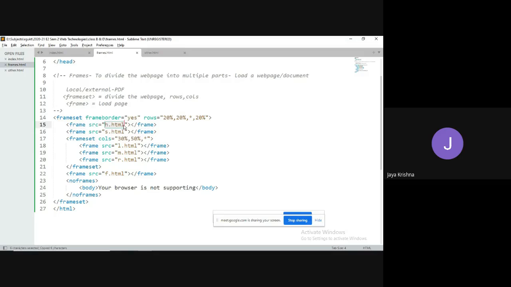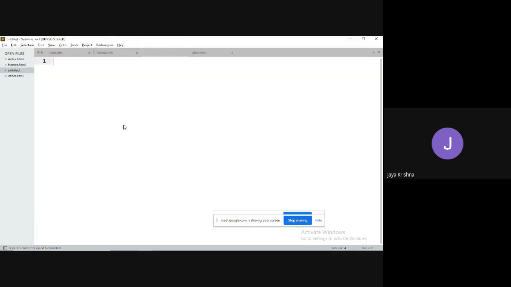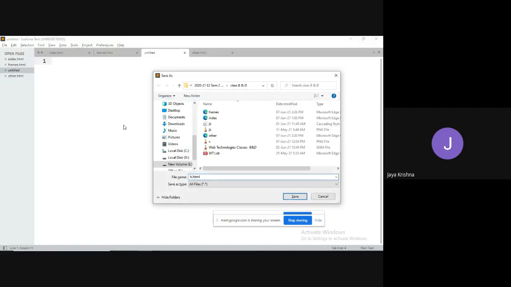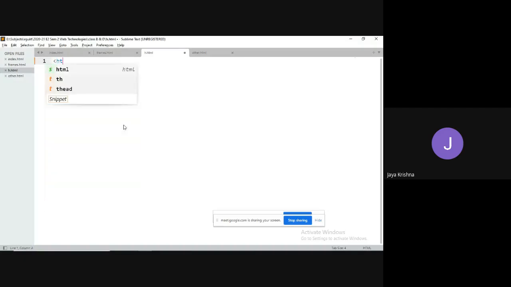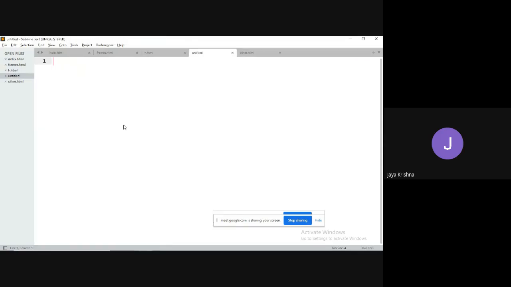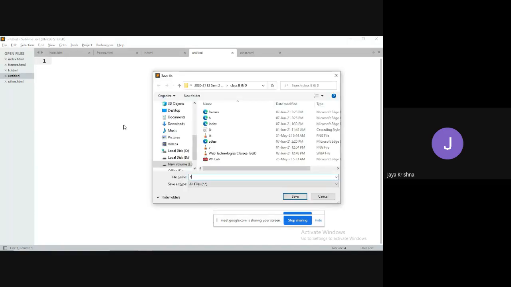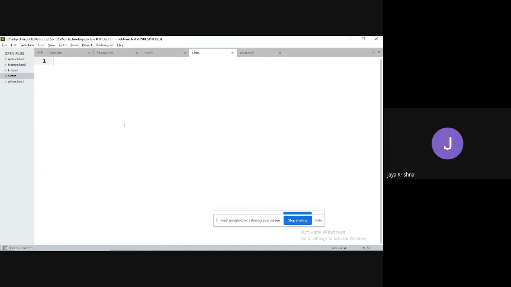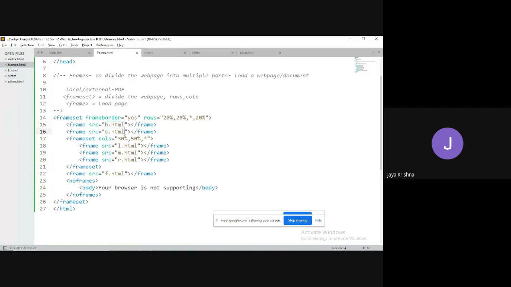Let me complete everything quickly. Control S. Control V. HTML. This is my website. Okay, fine. Control N. Next. Control S. s.html. Guys, can I save with s.html? Yes. So I am able to save an HTML file with the extension html also. There is no problem.